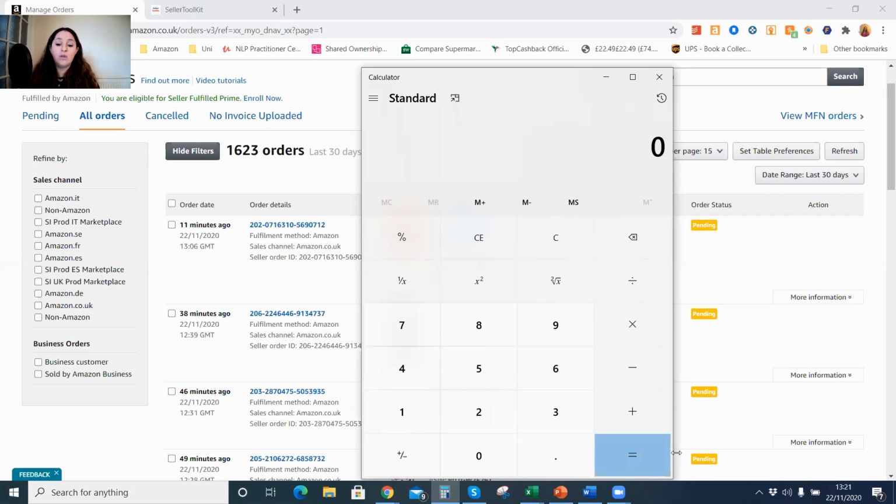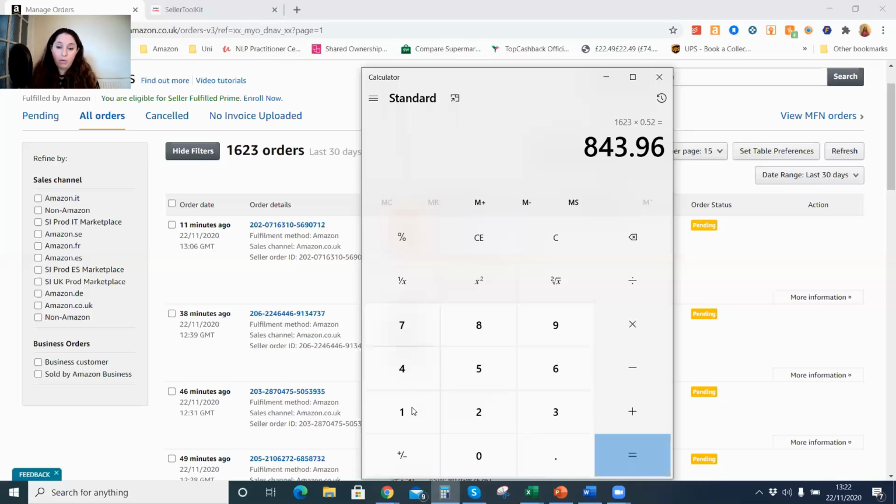But first of all, just so you can see how really important it is to get your COGS factored in, you will see that I sold in the last 30 days, this is live data, 1,623 items. And I've factored my COGS in to be 52p, and yours will be whatever you decide it to be when I've taught you the formula. So that means in the last 30 days, if I had not factored in the additional COGS, I would have lost out on